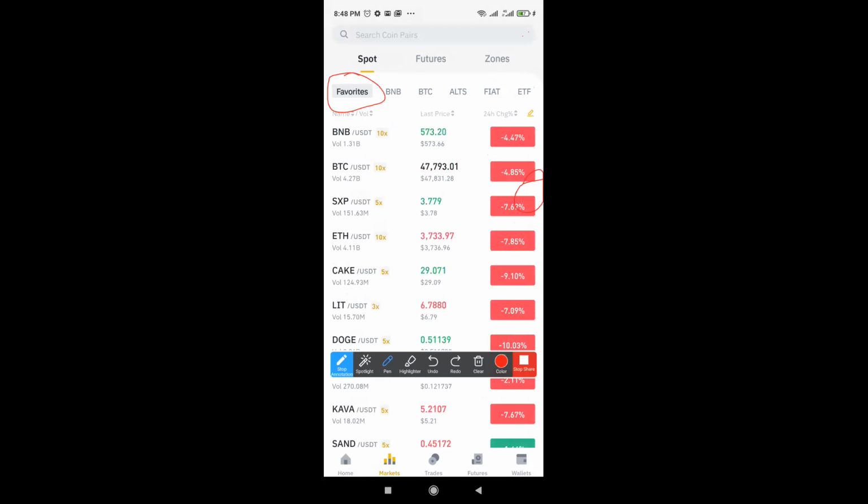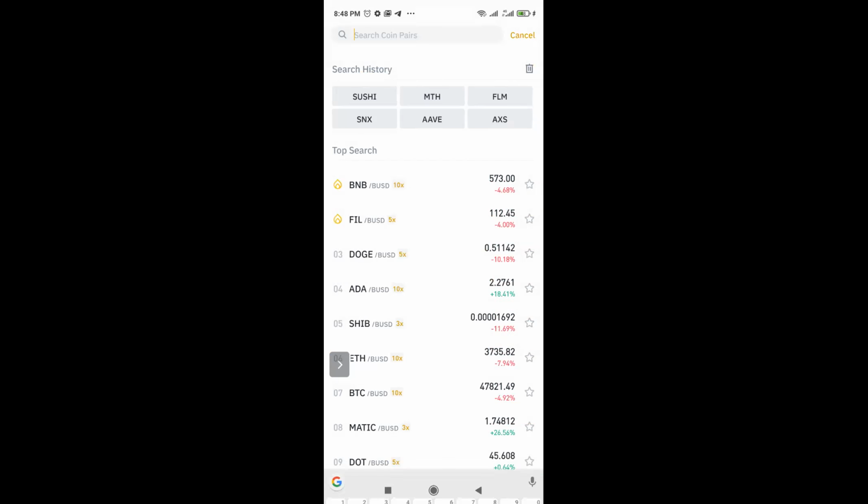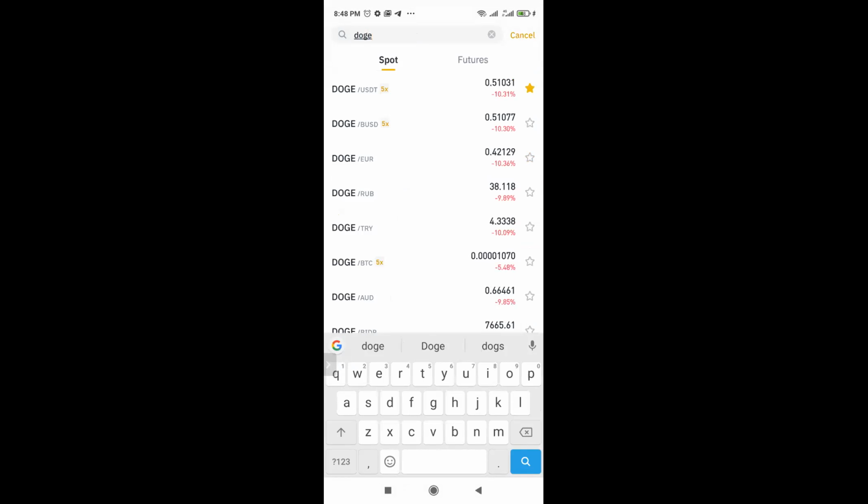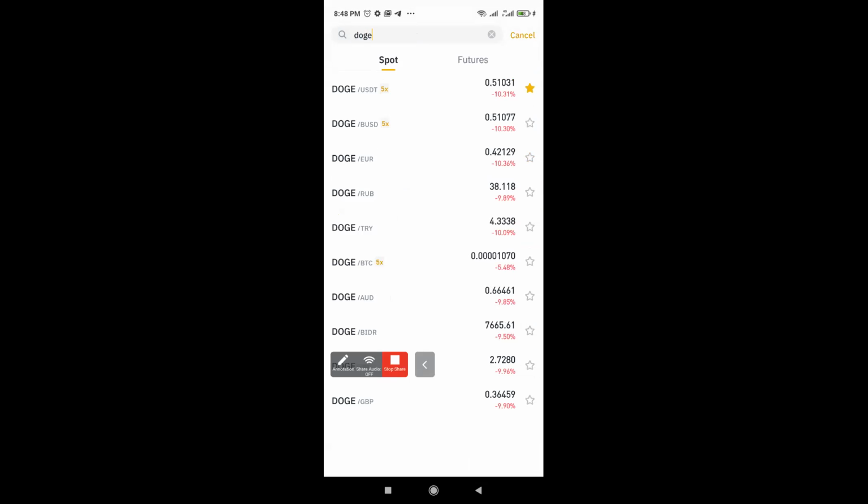Now let's check how BTC is doing in the market. Or some of you may have been hearing about Doge. Let's check how Dogecoin is doing in the market. Let me search for Doge. I'll come to the search area at the top here and type D-O-G-E, Dogecoin. What I want to look for is Doge against USDT. That's the first one that came out. So one Doge currently is 0.5103 US dollar. You can see I've added it to my favorites over here. That is how to check the price of a coin in the market against US dollar.